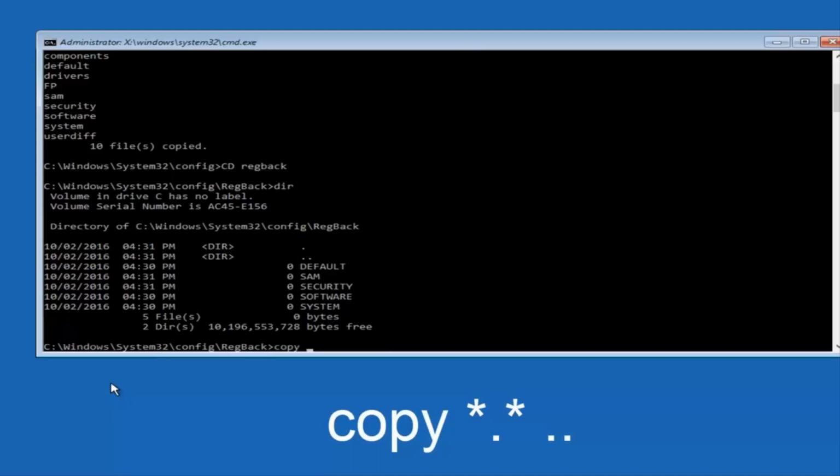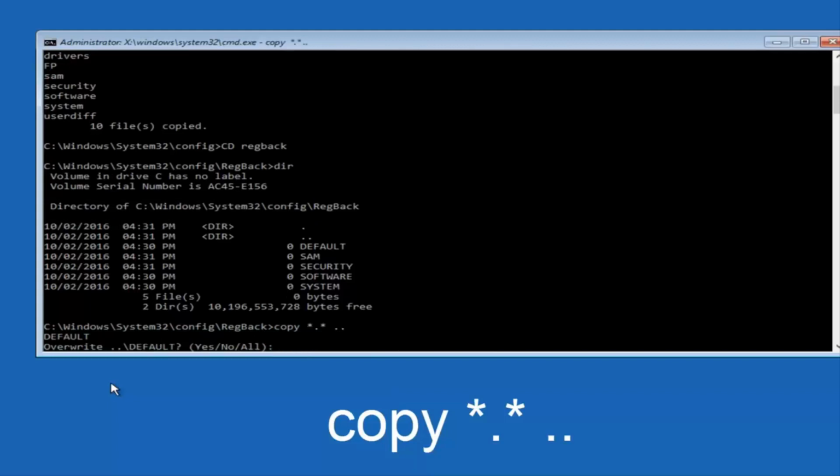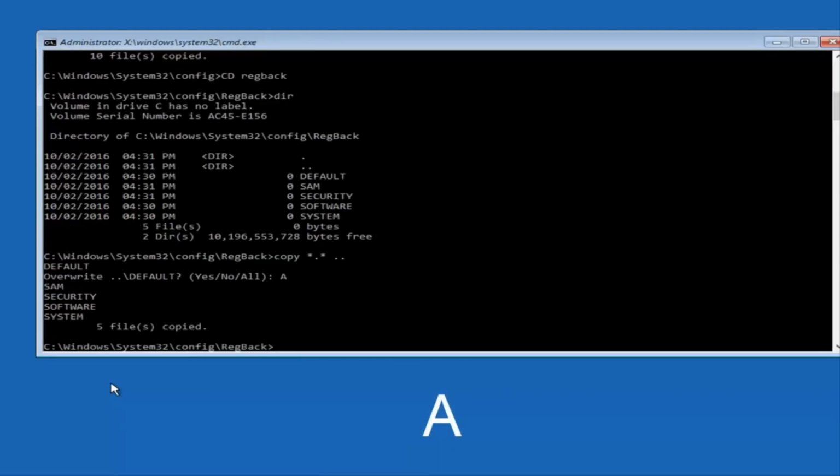space star dot star, another space, and then 2 dots back to back, and then hit Enter on your keyboard. When it says overwrite, type the letter A on your keyboard and then hit Enter. And then at this point you can type exit,